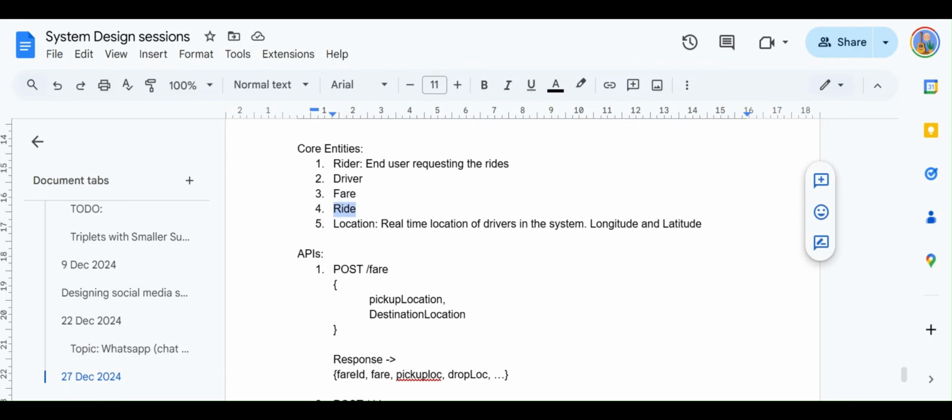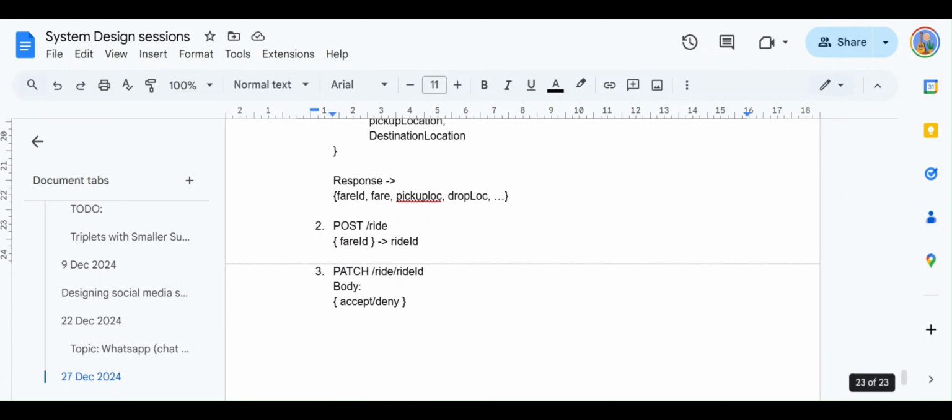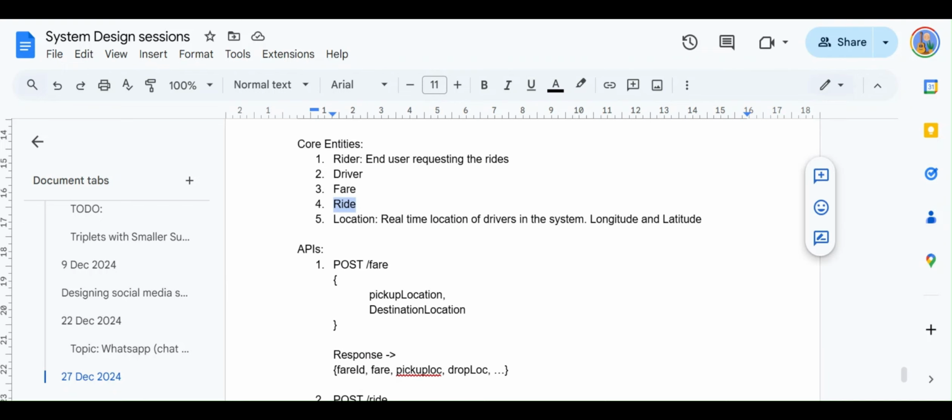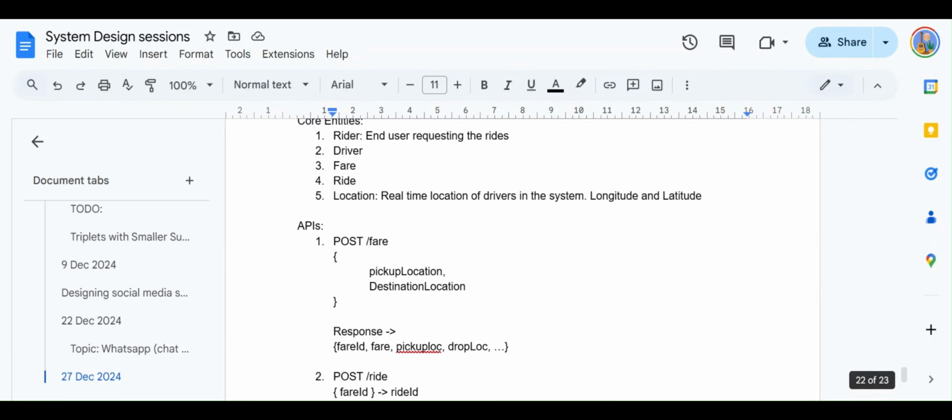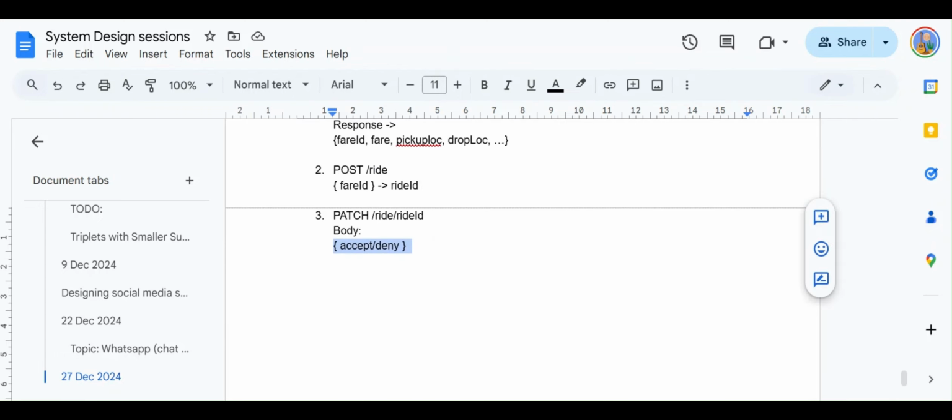In the ride entity, we'll have the ride ID and the status of it, whether it is accepted, denied, pending, or, let's say, awaiting the matching. With patch you could just update the fields of that entity, and you don't have to replace it fully. But put is used to replace it fully.